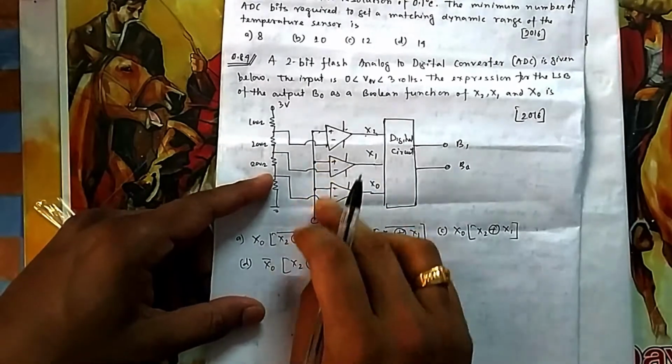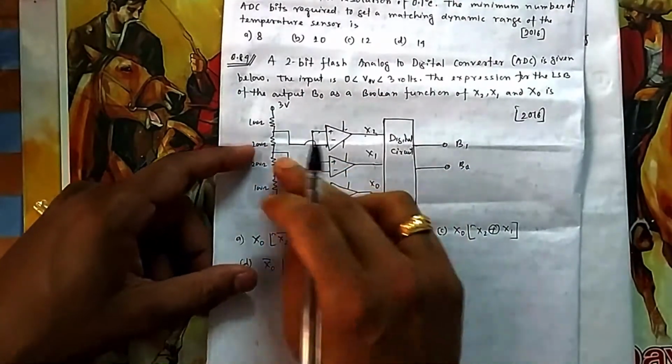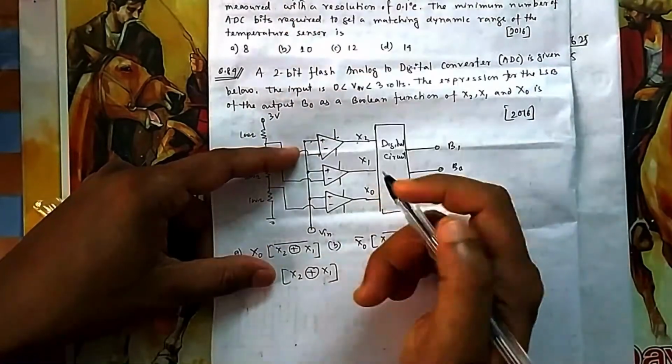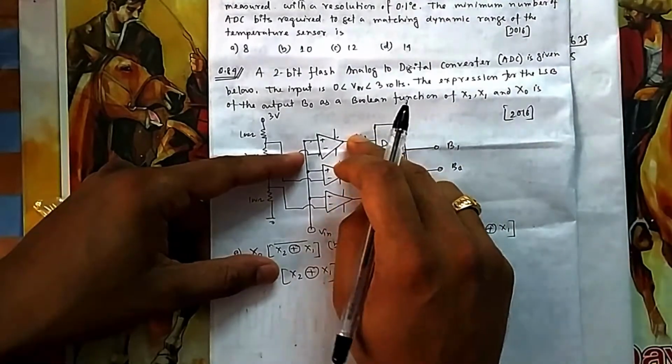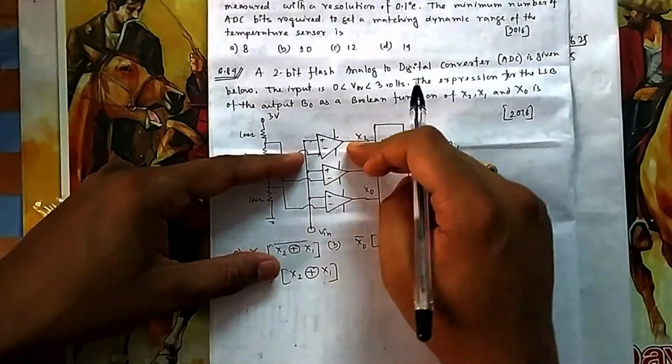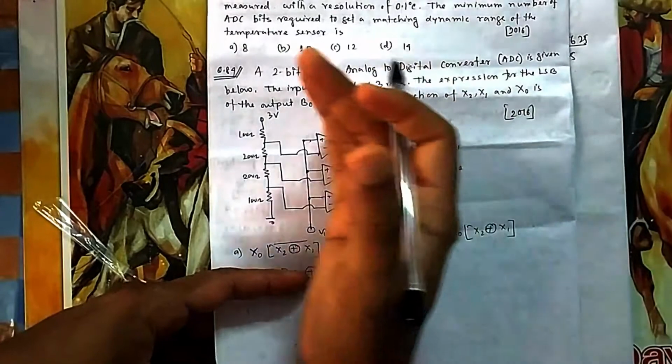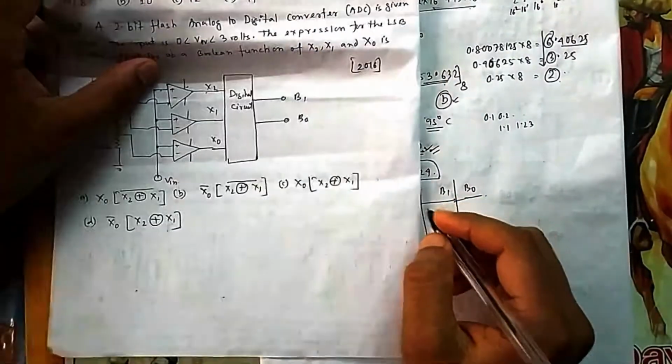Then next it will step up a little bit, because this reference is stepped, so it will compare to the next higher voltage. If it is more than that higher voltage, obviously that should be greater. So this one should have a higher value, because if you move from LSB to MSB, your values increase. Okay, so this is my LSB, this is my MSB.